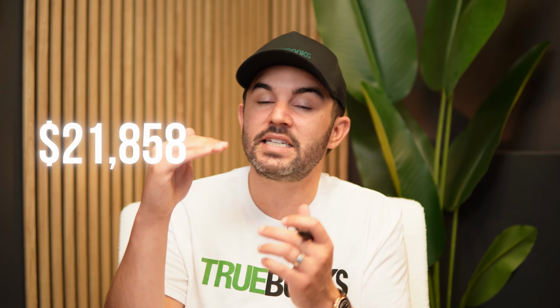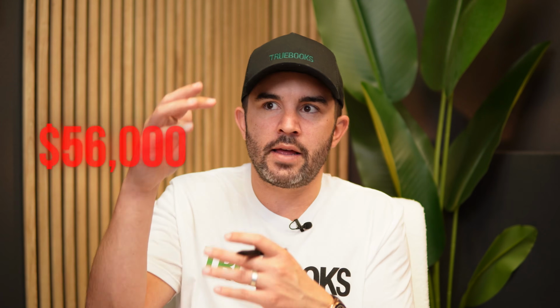So in this example, this taxpayer was able to take a huge depreciation deduction of, I think, about 60 grand and bring them down to a loss of 56,000. So you can see if you back out the 60 grand, they probably netted 3 to 4 grand on this property in cash flow. Remember, short-term rentals, you're going to make a little bit more cash flow a year. So at the end of the day, this person makes 90 grand and they lost 56 grand on paper. So they ultimately only will pay tax on